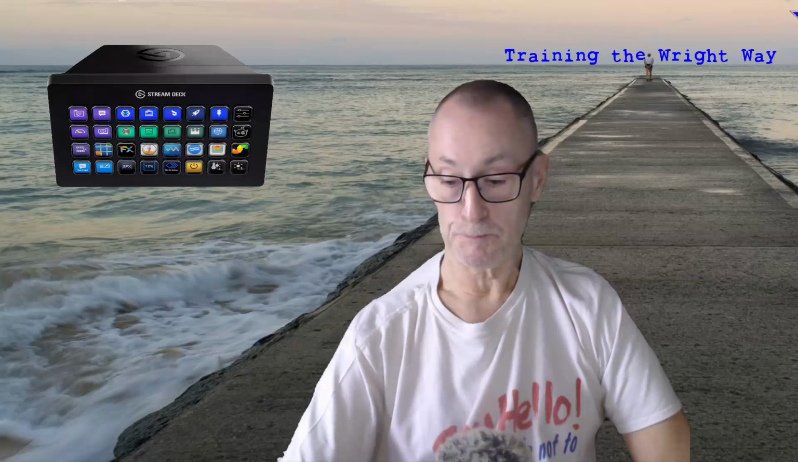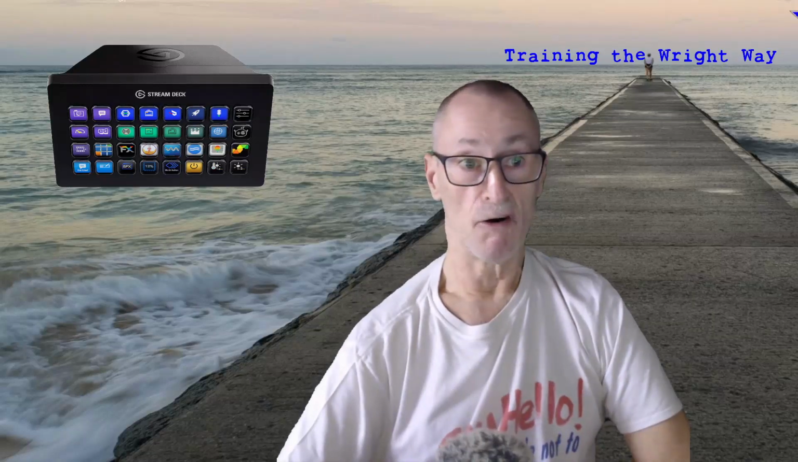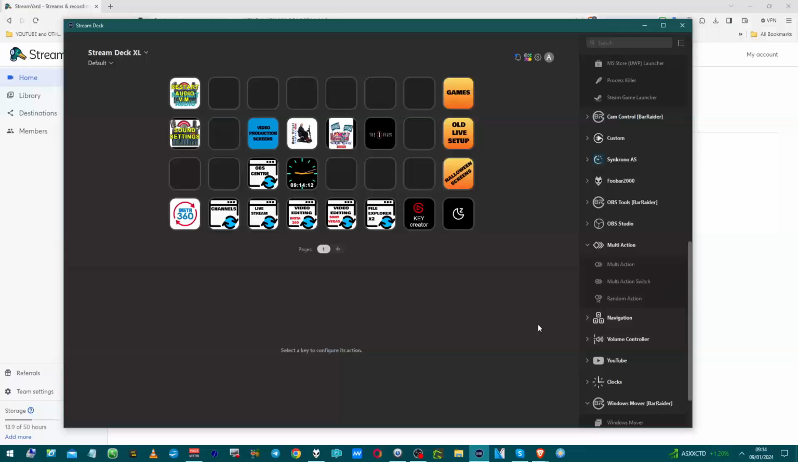But first of all, I just want to show you the screen on the Streamdeck and the icons. We have the multi-action button over on the right hand side here. It's in multi-action, which is fairly logical. It's by BarRaider, and you need to go to the Elgato marketplace in order to download it, install it, and then it comes into your list. You just simply drag it across,